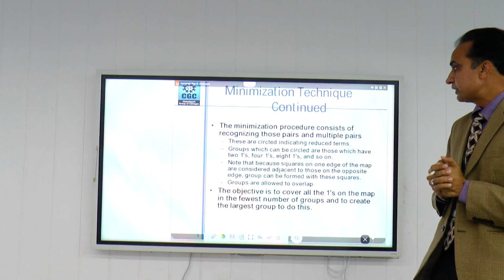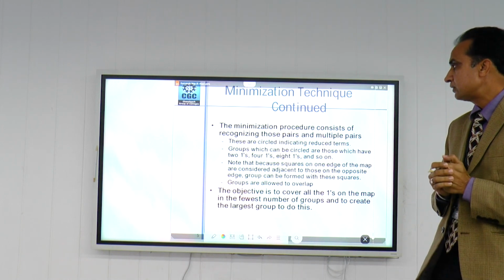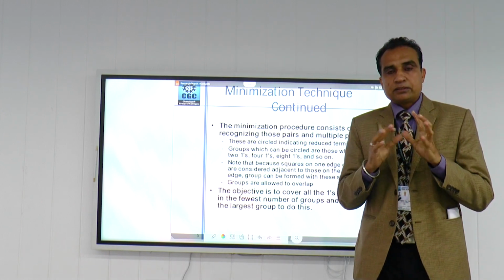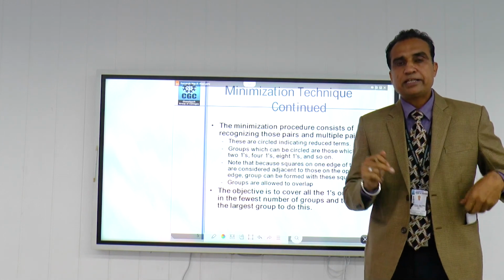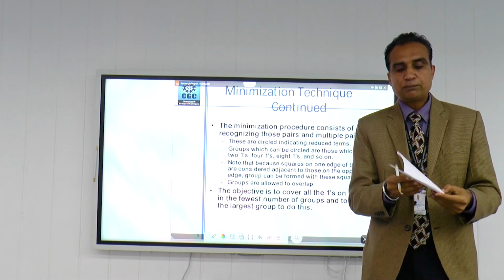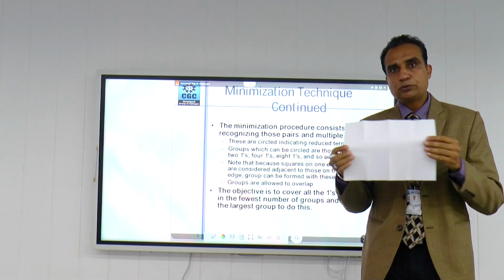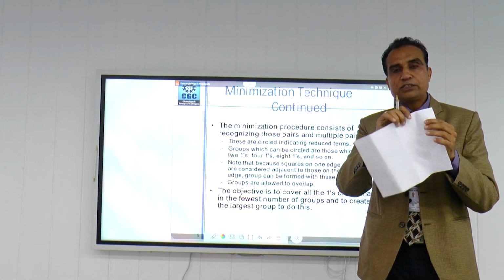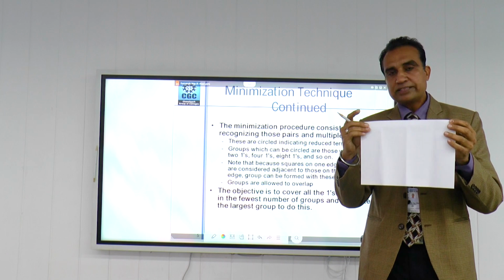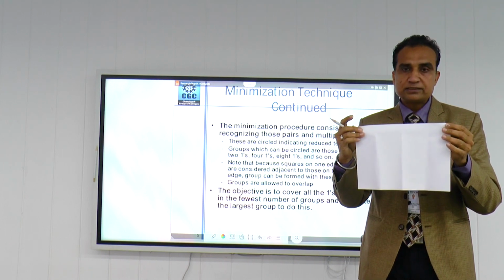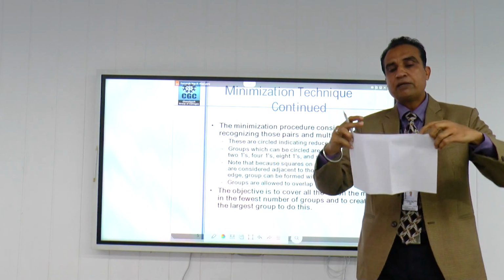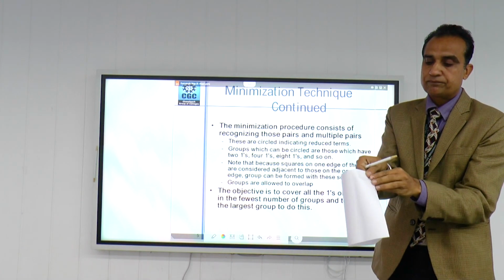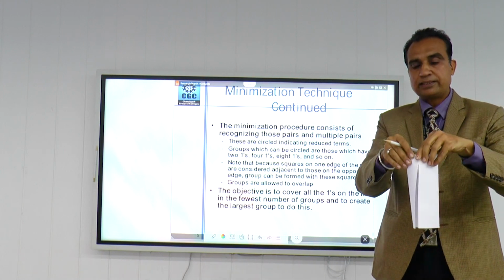Note that squares on one edge of the map are considered adjacent to those squares on the opposite edge. Now, for example, we are going to represent a K map in the form of a square grid. For example, this paper is used to represent a K map. Adjacent here means the corners of this paper. For example, one square grid at this corner and the other square grid on this corner. If I fold this paper into cylindrical form like this,